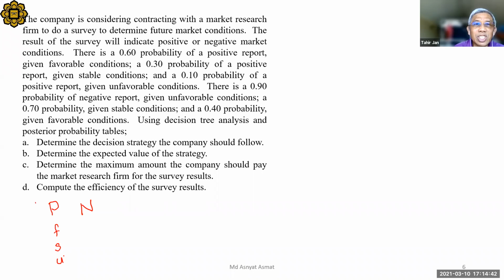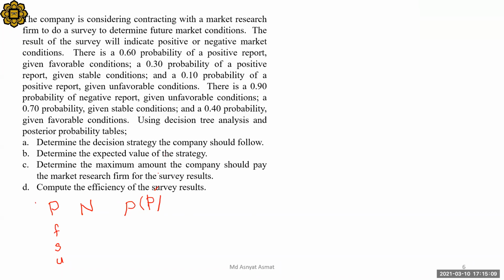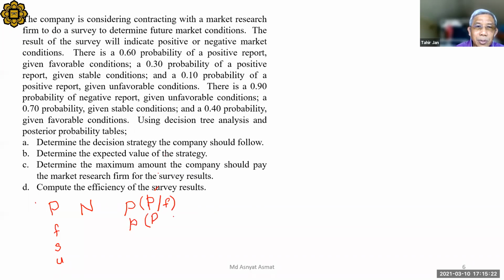What it says here, there is a 60% probability of positive report given favorable conditions. The probability of positive report, that means the market condition is good, given favorable condition, favorable market. And then another one, probability of positive report given the second one, 30% probability of positive report given stable condition. Okay, let's put stable first. So this is 0.6, 0.3,